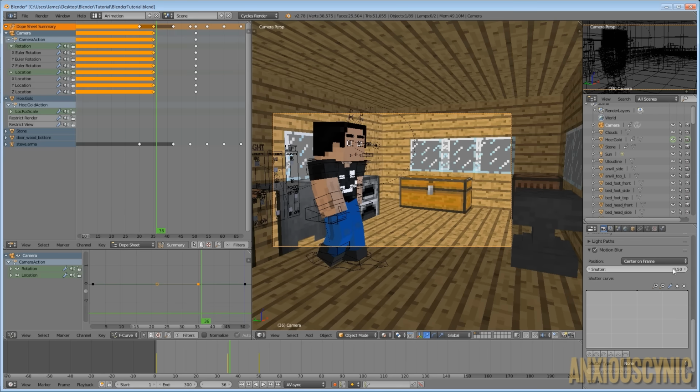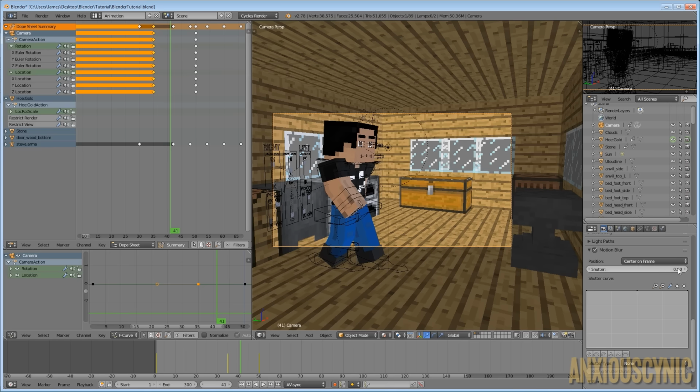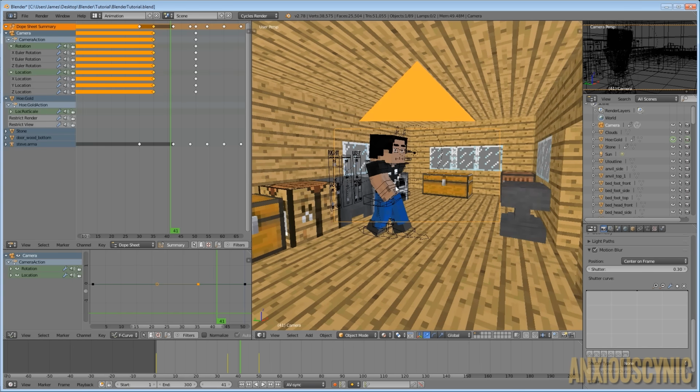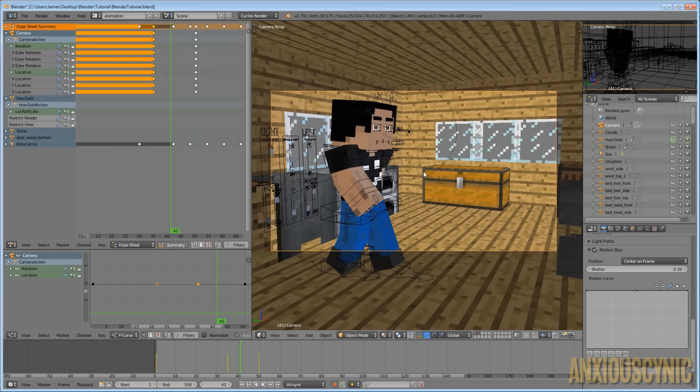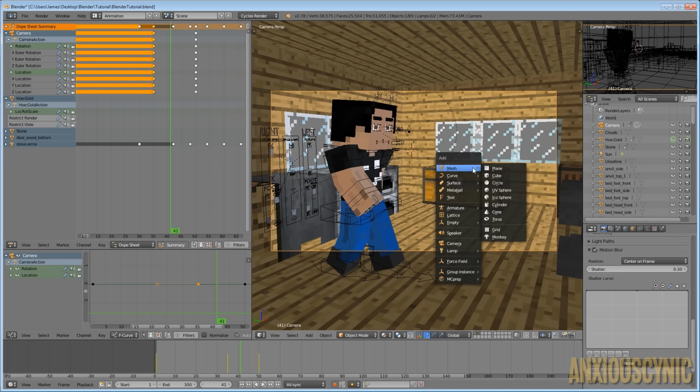We definitely want the shutter to be lower than 0.5, but this is going to give us the most exaggerated look so we can kind of understand. Well, we'll bump it down. Let's just go to, say, 0.3. So I'm going to render this frame here, and we're going to see what it looks like. Oops, come on, go in there. There we go. All right, we're going to see what this looks like and then compare it to when the camera changes.